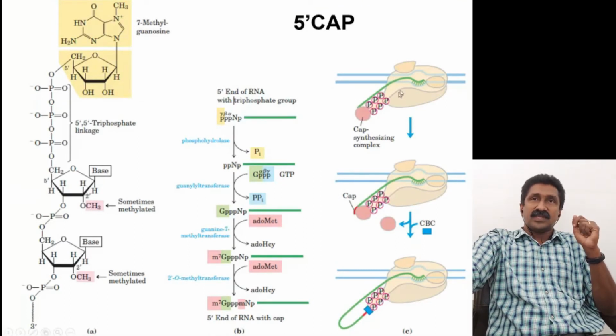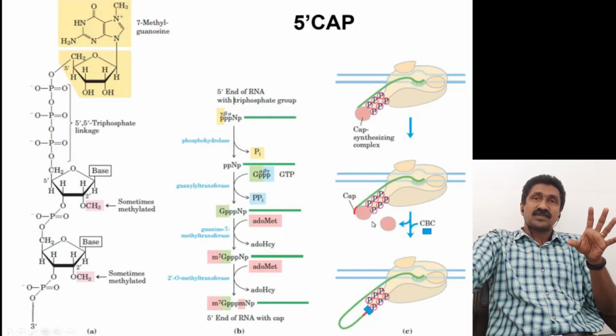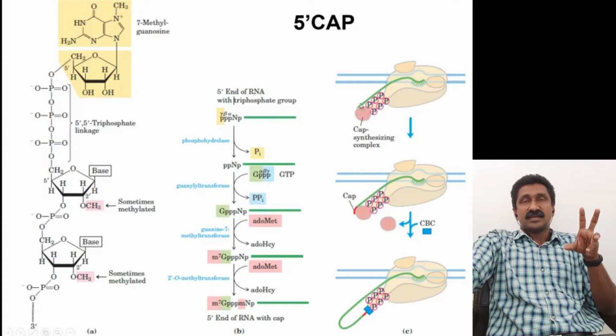So here you can see that this is the primary transcript that is produced, and even before finalizing the primary transcript or transcription process, the 5' cap is added. So if a free end of the primary transcript is available, immediately the capping system will attach a cap at the 5' end of the primary transcript even before the completion of the transcription.